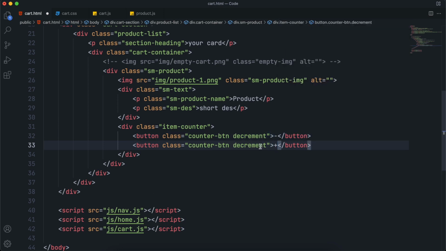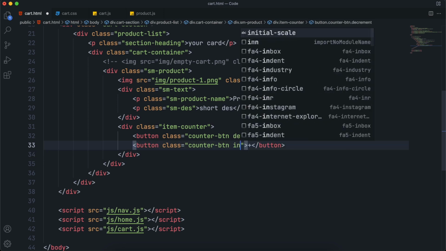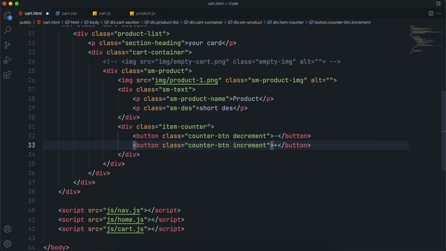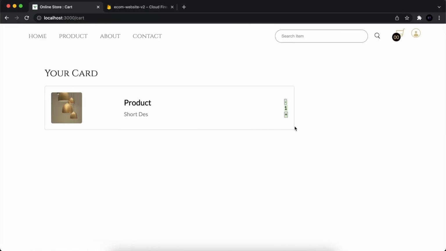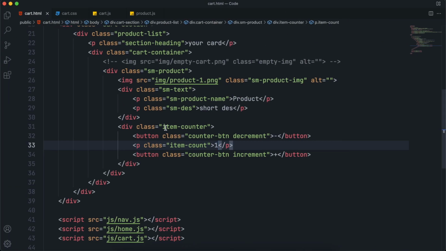Copy that and change decrement into increment. This will be the increment button, and between these two buttons make a p element. This will be the text of our item count. Give it a class item count, and just for now type 1. You can see two buttons with one text.